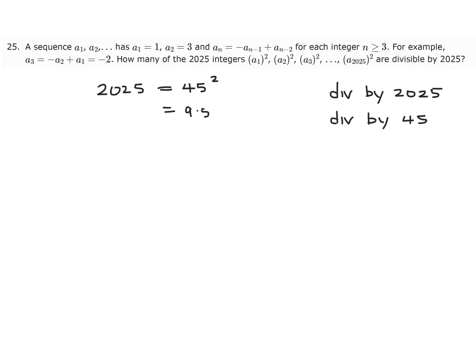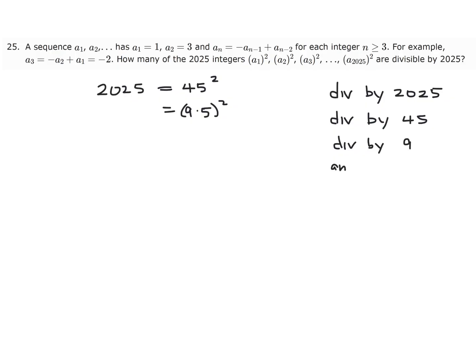Okay, so 2025 is what we want everything to be divisible by. But 2025 is 45 squared itself. So we want these numbers to be divisible by 2025, correct? But 2025 is 45 squared, so any such number would be divisible by 45. Now 45 is actually 9 times 5. So if a number is divisible by 45, that means it's divisible by 9,